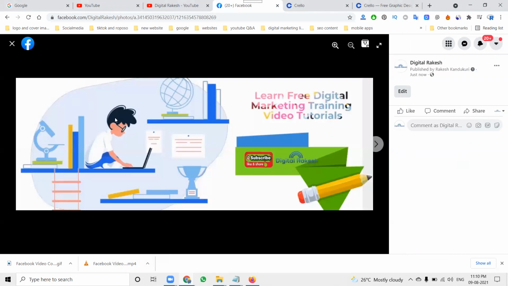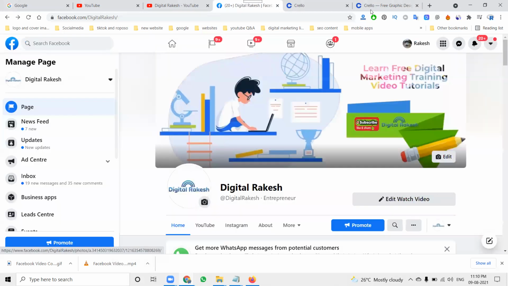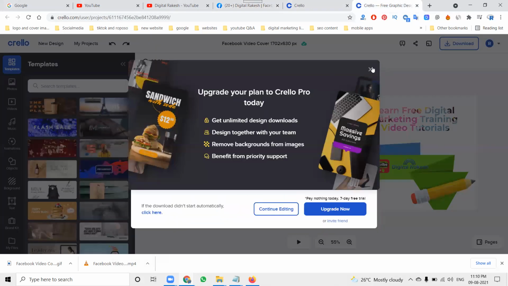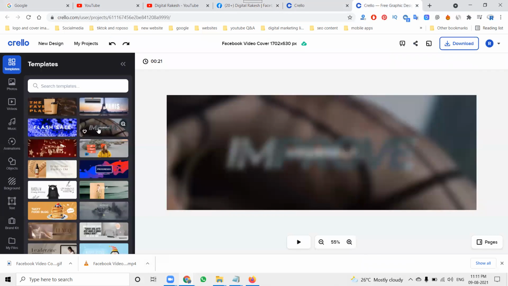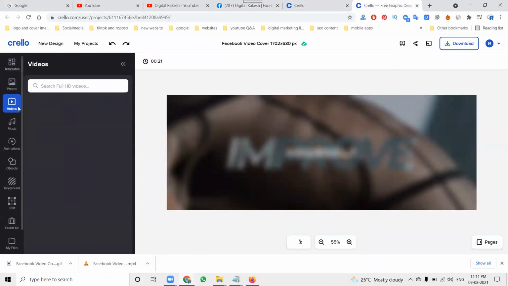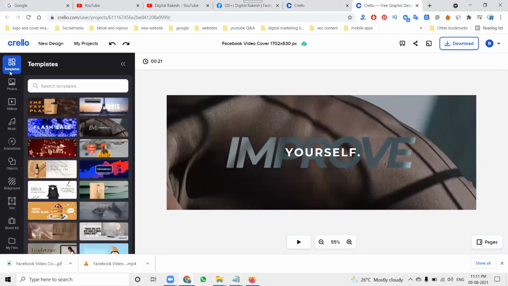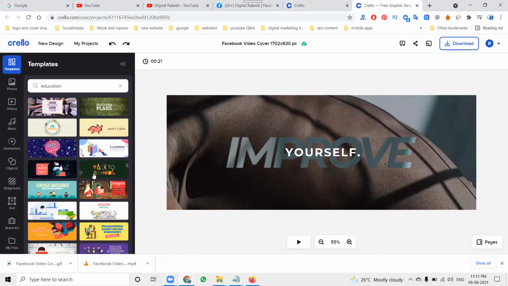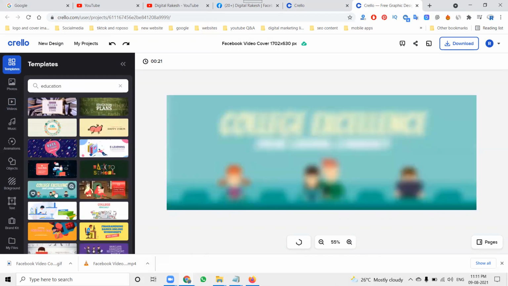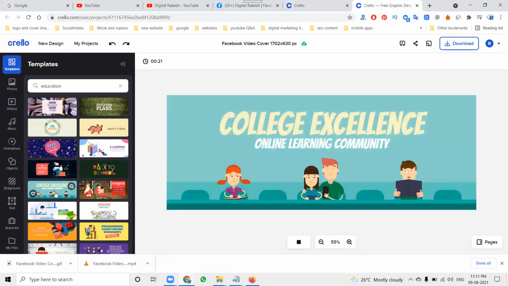So I'm not taking the motion picture. If I'm selecting motion video, it is completely different for the users. So what are the options here in this? Go to the video. So this is the video option. For the template, you have to select it. Don't go with other options. So here I'm selecting education. Education, which is movable. Select it. It is movable, so we can select it here. This will also help with adding this feature.